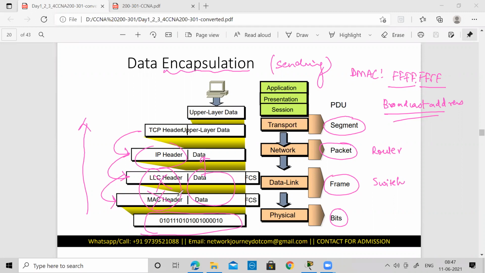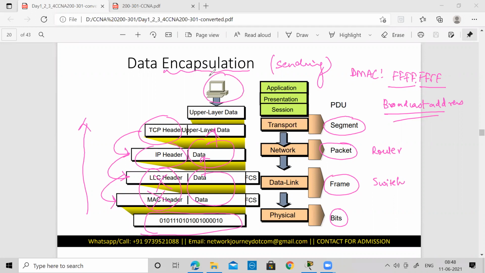Okay, so looking at the MAC address, first you will decide whether to keep the frame or discard the frame. If it is acceptable, then at the IP layer, again, it will check whether this is for me or is it for someone else. If it is for me, I will accept it and then I will just take the data and give it to my upper layer. The upper layer, the transport layer, will check what is the port number. Is this the port number where my user who was communicating, was there any request with that port number?